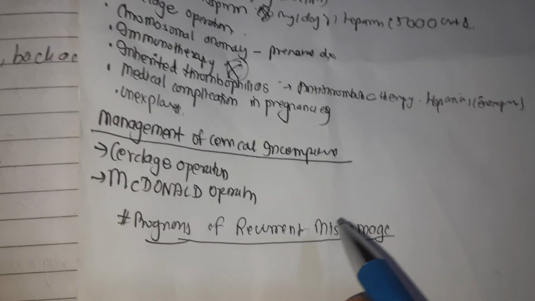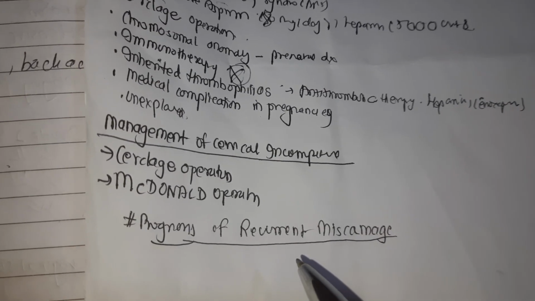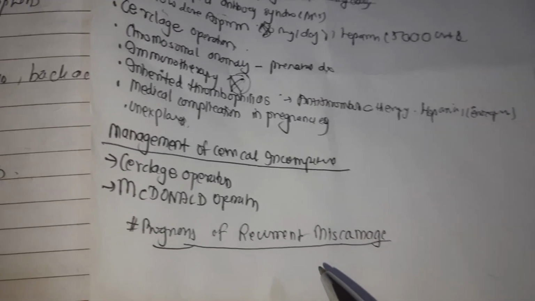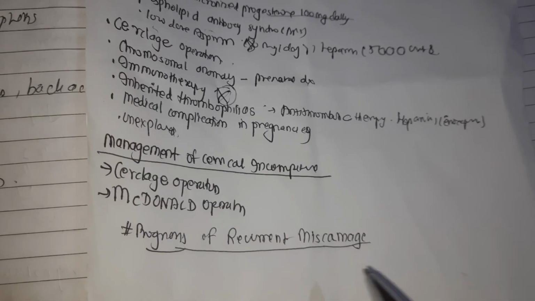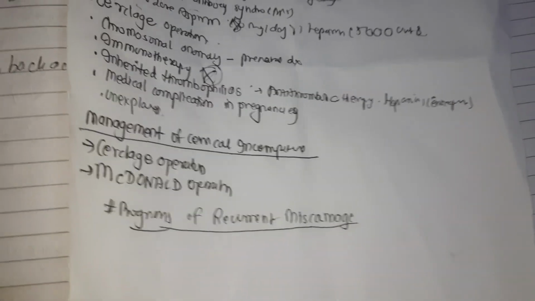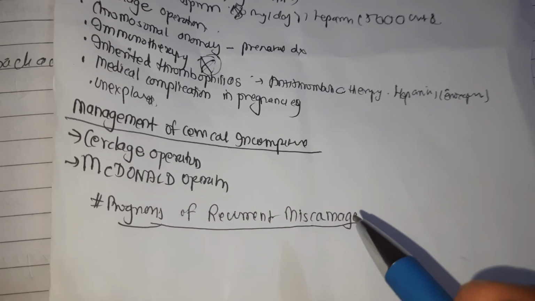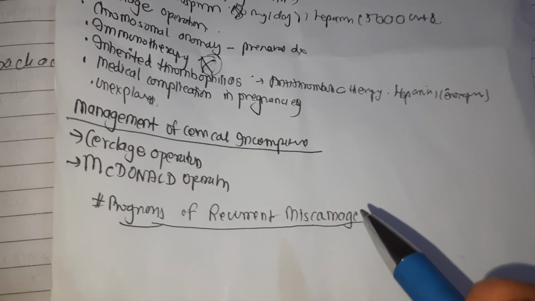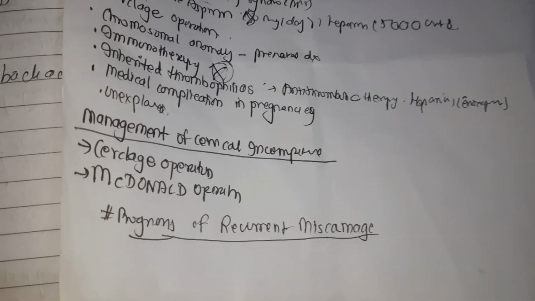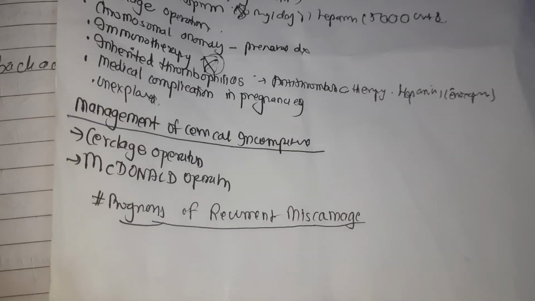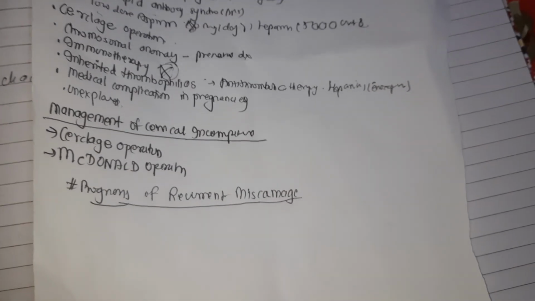Talking about prognosis of recurrent miscarriage, the prognosis is not so gloomy as it was previously thought. The overall risk of recurrent miscarriage is about 25 to 30%, irrespective of number of previous spontaneous miscarriages. The overall prognosis is good even without therapy. The chance of successful pregnancy is about 70 to 80% with effective therapy. The reassurance and tender loving care are very much helpful. So that was all about recurrent abortion.